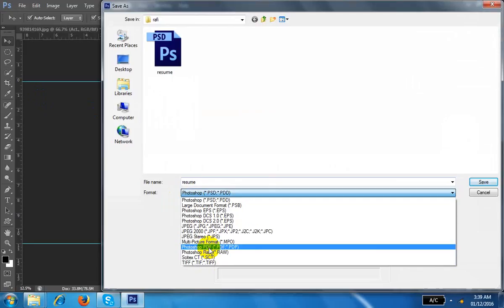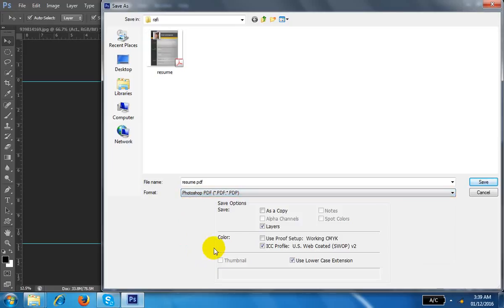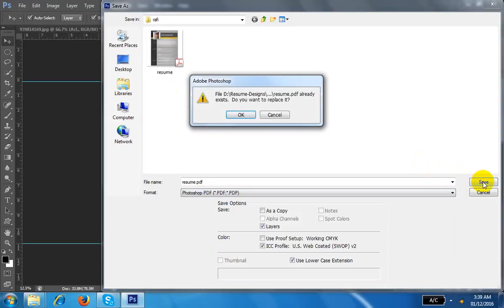Why? Portable Document Format is good for printing. Okay, for digital printing also, for CMYK printing also, or newspaper ad also. So you have to understand PDF. Come and sit here only. So PDF, understand everybody, Portable Document Format. Some companies need your PDF format, or you send your resume in PDF format. So if you make your resume in Photoshop, how can you send it in PDF format? Go to PDF and save this file.